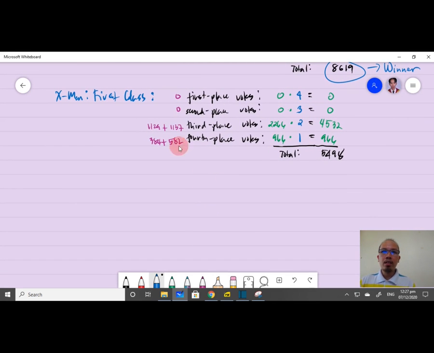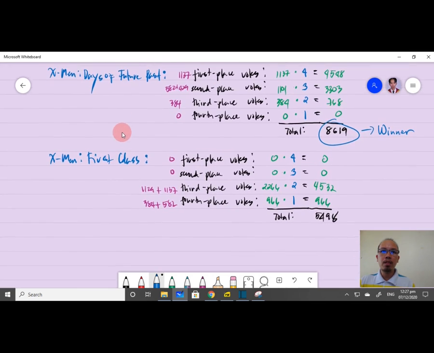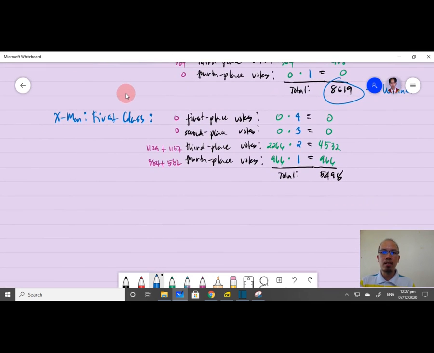X-Men Days of the Future Past has the largest total score